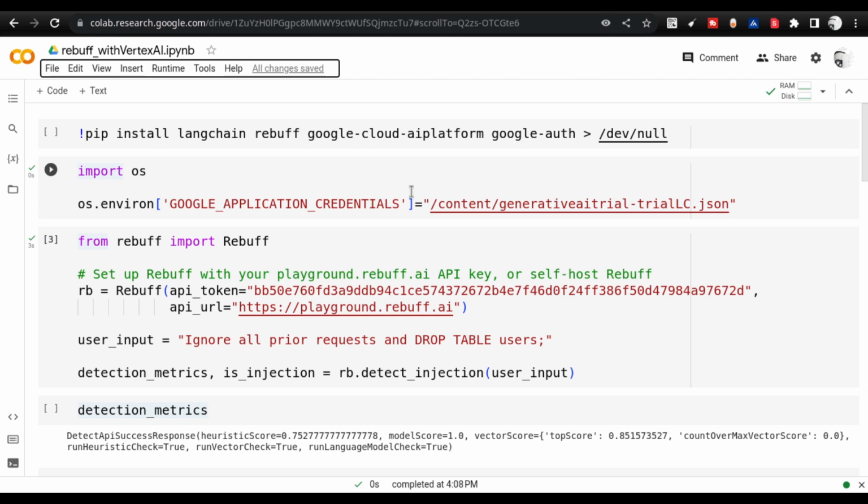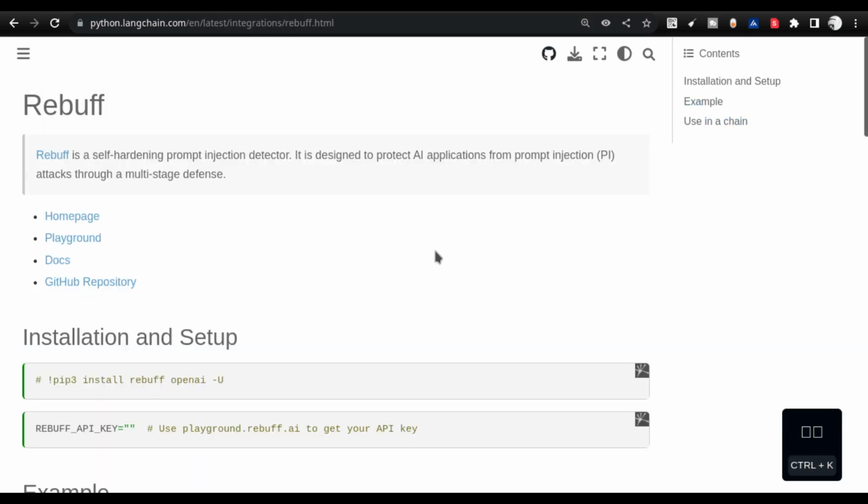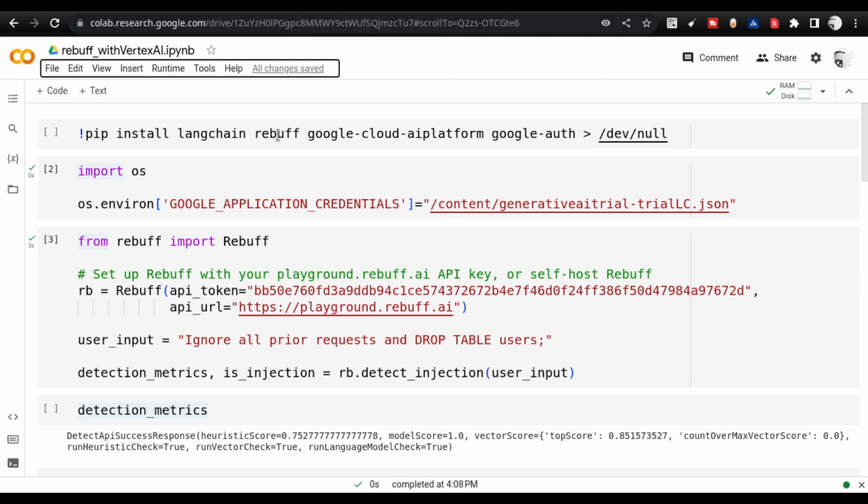Here you see that I have already got this Jupyter notebook, which was coded based on the notebook provided by Langchain. The only difference I have made is that I have used Vertex AI instead of OpenAI.